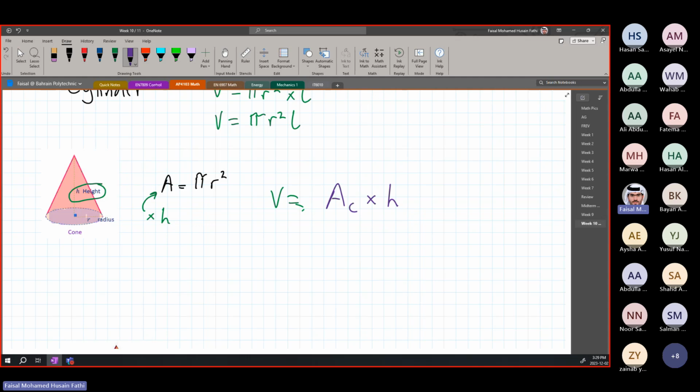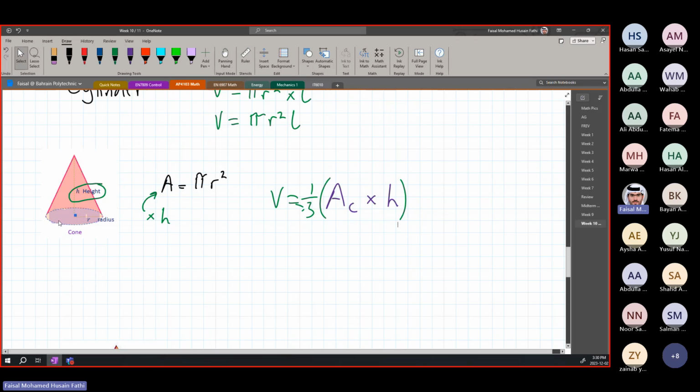But one thing is different here. This is a cone shape. Because this is a cone shape, the rule for a cone is you have to multiply the entire equation by 1/3. For any conical shape or any shape that is slanted, meaning it comes from the top and meets at one point, it's not straight all the way. Because it tapers, the rule changes and it becomes 1/3